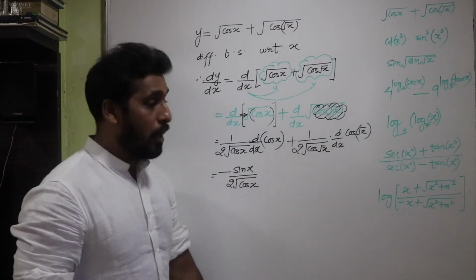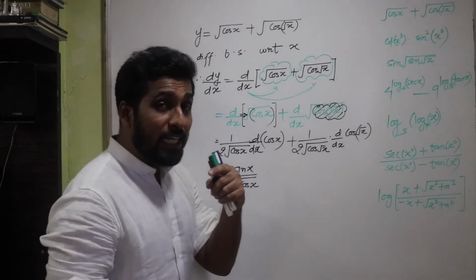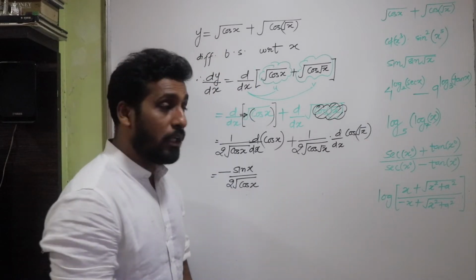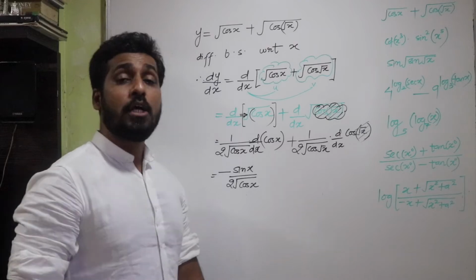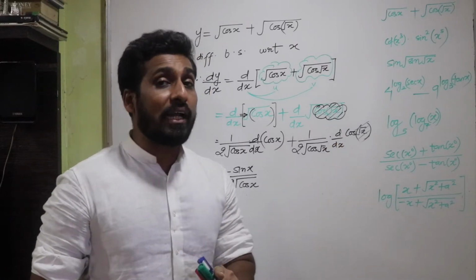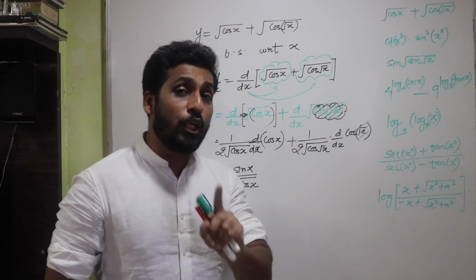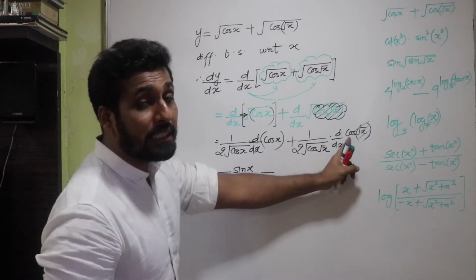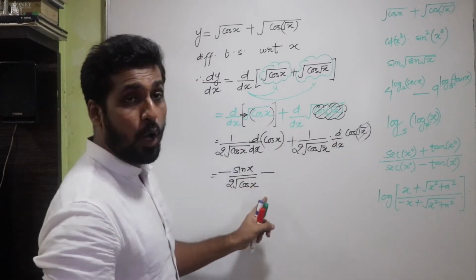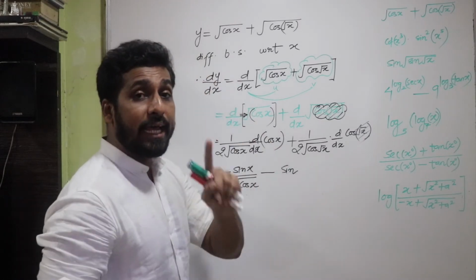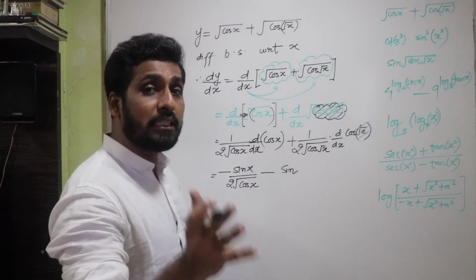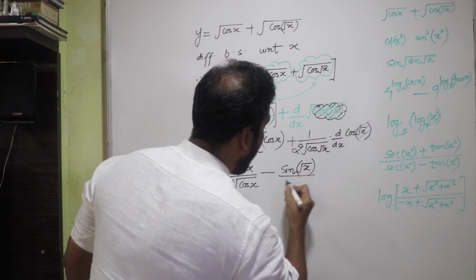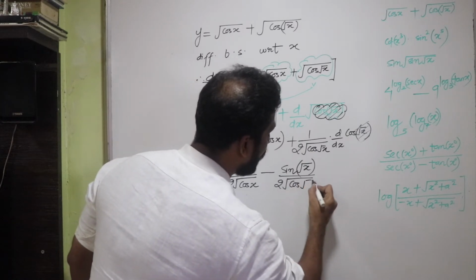Then over here, now I see the derivative of again cos, but it is not cos x, it is cos of something in x. So that becomes a composite function. I'm going to hide this something in x for some time and read it as cos u. And what is the derivative of cos u? It will be minus sin u and again the derivative of u. So my answer would again have a minus sign, because the derivative of cos came minus sin. So this plus now becomes minus. The derivative of cos u is minus sin u. So I write minus sin u, which is sin root x, upon 2 root of cos of root x